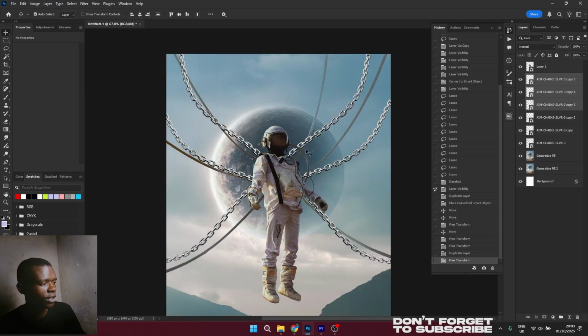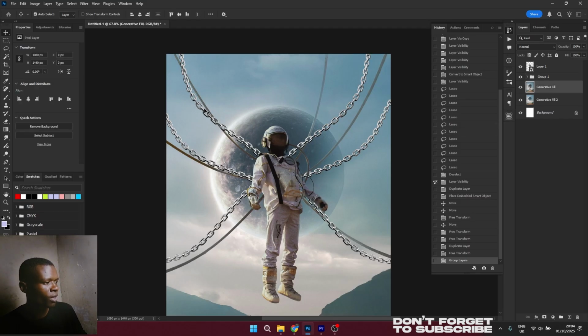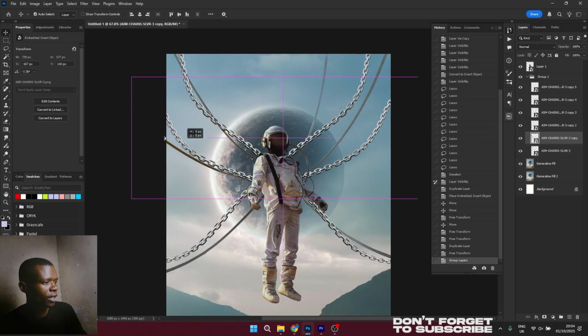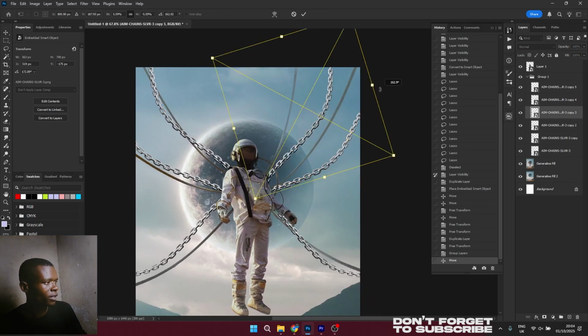If you want, you can just leave these chains like this. Okay, I'll definitely share the chains, so you can leave them like this, or you can align them according to how the cables were aligned here. But I think let's just leave it like that, because I don't feel it will change anything if we try to align it according to how the cables are. Let's just try to